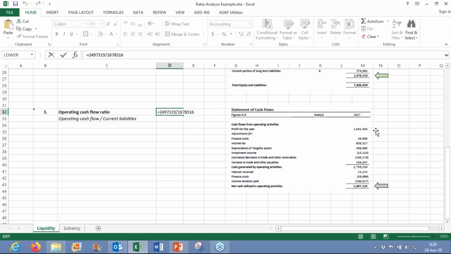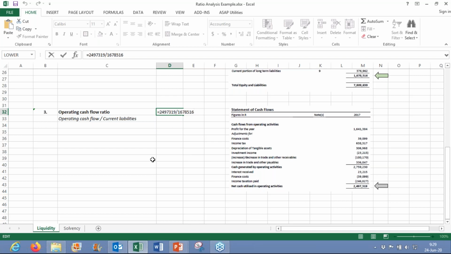Basically what it does is it takes your profit for the year, which is an accounting figure, and it adds back any items that are not cash. So typically it would be depreciation. It could possibly be some type of accounting adjustment or entry that could have been put through. Anything that's not cash. And it also looks at the movement in your working capital items, so your inventory, your trade receivables, and your payables, just to try and eliminate any transaction that went through your books that is non-cash. And then it takes off your actual costs for financing, so your interest costs, as well as your tax, and it gets to an operating cash flow figure. And that's the figure that you will then use in this ratio.